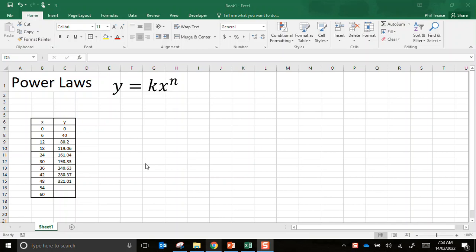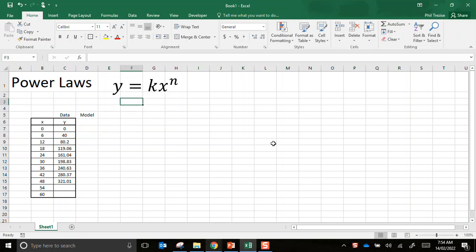Hi everyone. In this lesson, I'm going to be showing you how to use Excel to do some modeling of experimental data. So this is totally fictitious, but let's pretend we had an experiment where we collected some bivariate data and I want to make a model. Now the model I'm going to try will be a power law. So y equals some constant k multiplied by x to some fixed power n. So the trick will be to find the appropriate number for k and for n that will be the best